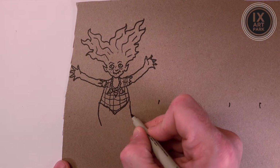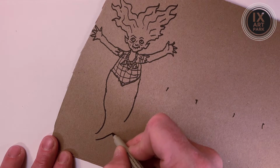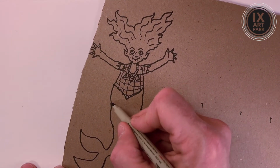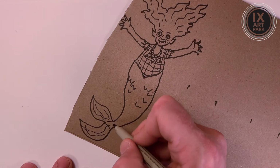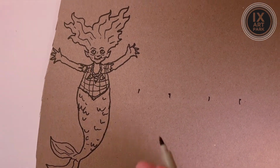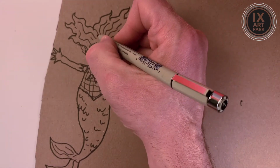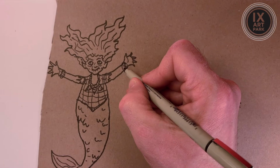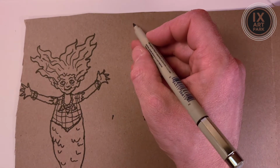Now, we get into the tail. I'm going to go traditional fishtail. Maybe like that. And some scales. And some details on the tail. Maybe she's a less than traditional mermaid. I think she's a mer grandmother. There we are. She's got a lot of shell jewelry, perhaps. There we are. And for our next mer person, we'll go with